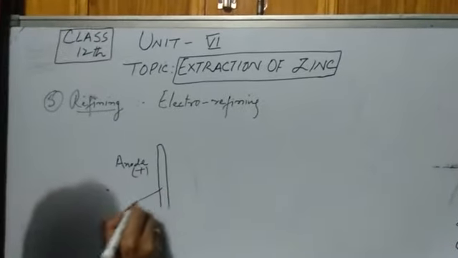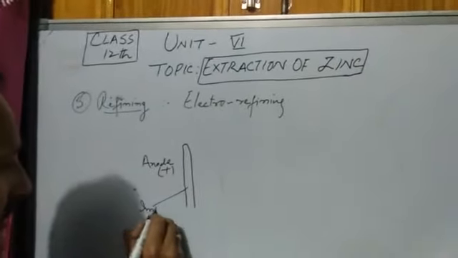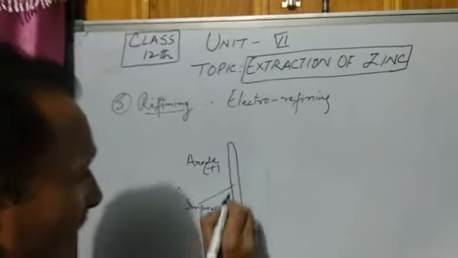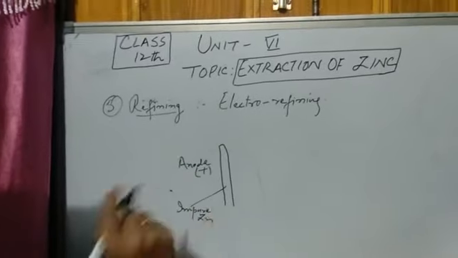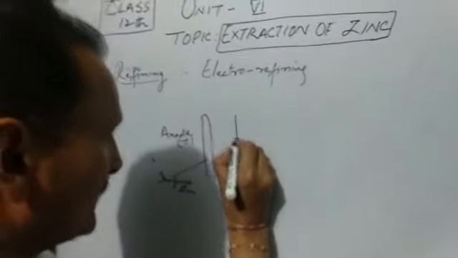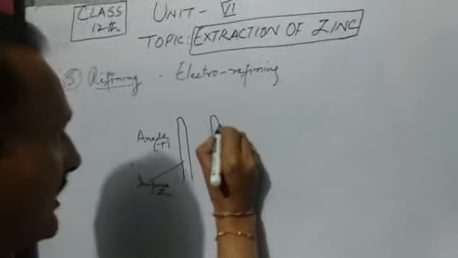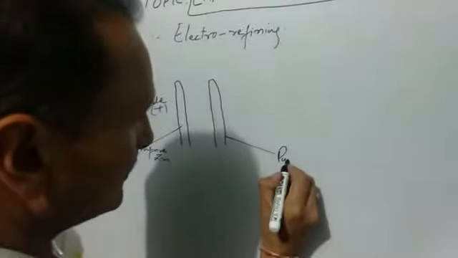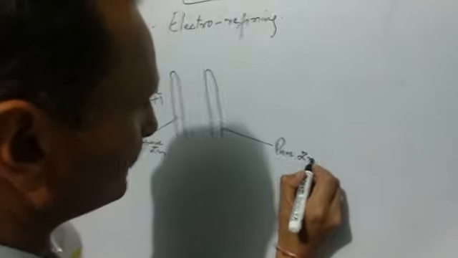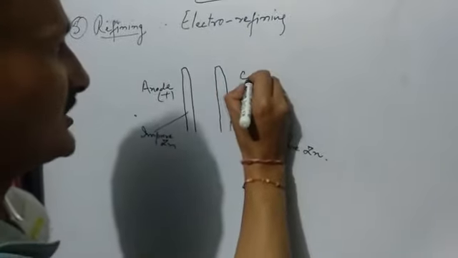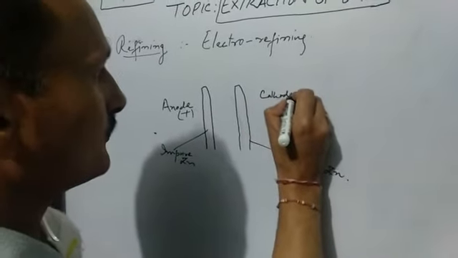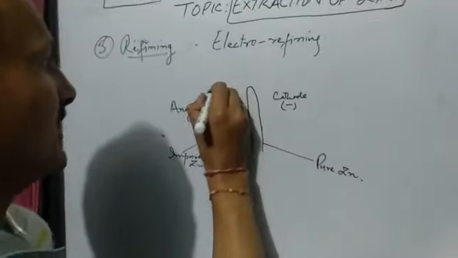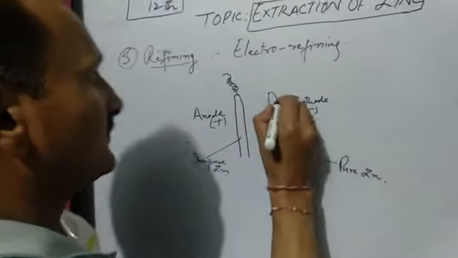Because this impure zinc has to be purified, it is made anode. Then another rod of the same metal, but not the impure one, this is pure zinc, is made cathode, that is negative electrode,